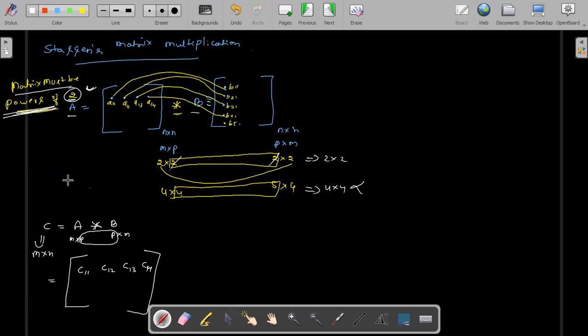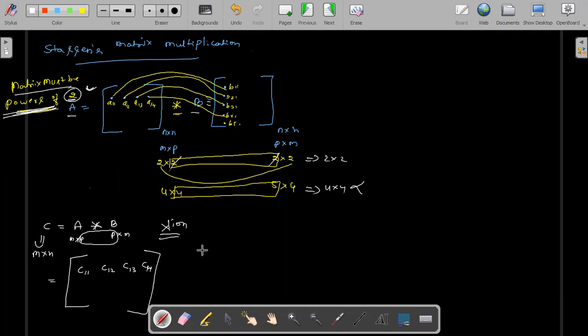Okay. Now C contains n elements, nothing but what? M into n elements. Please understand, C contains M into n elements. Here, how to do the multiplication? I am showing how to do the multiplication here. Suppose, for example,